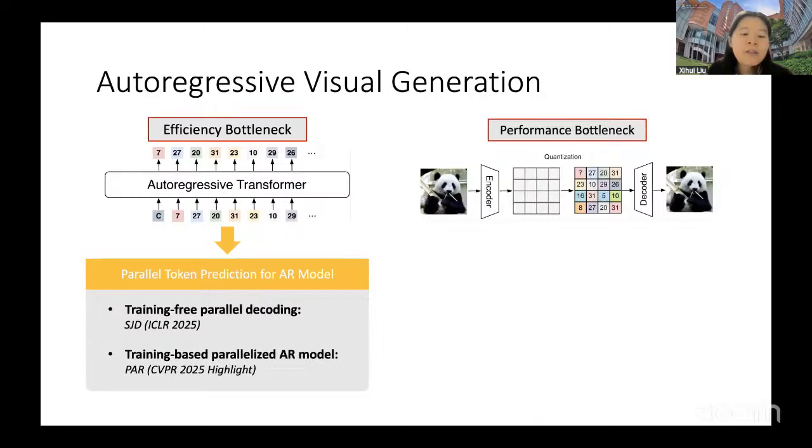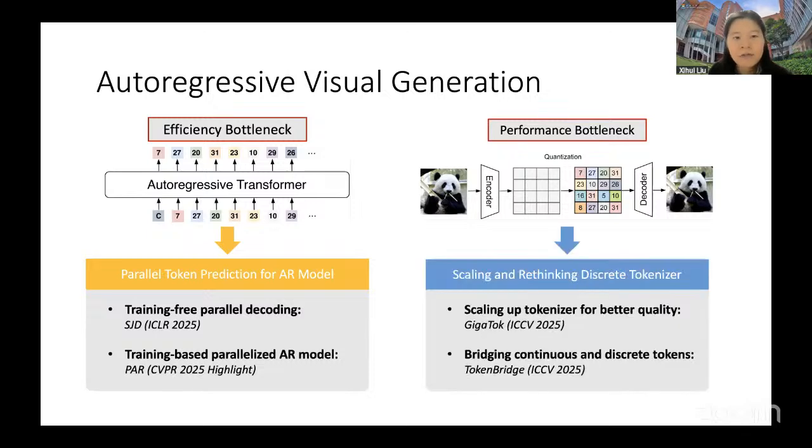So we also explored a series of works on how to improve the efficiency and performance of autoregressive visual generation models. For the efficiency bottleneck, we try to replace the next token prediction with next few token prediction, which means that in each step, instead of predicting one token, we can predict multiple tokens in parallel, and this can largely improve the efficiency of autoregressive models.